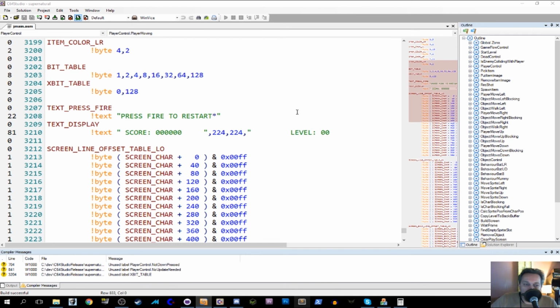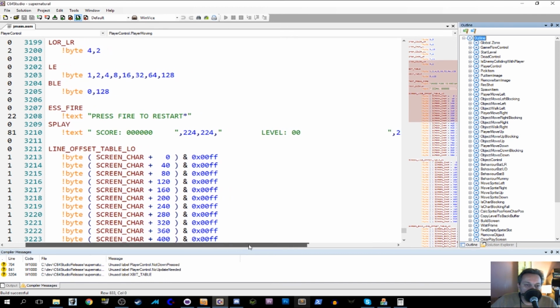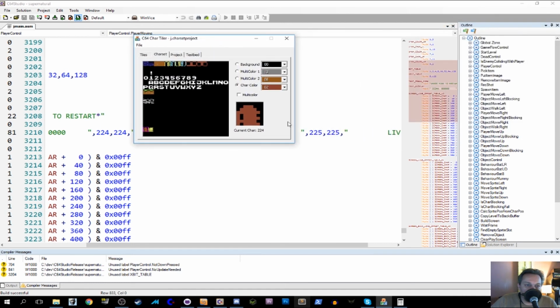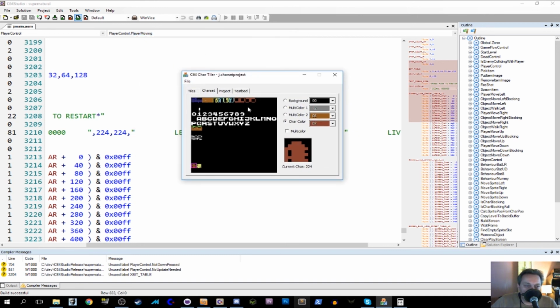Okay, to start off with, you can see the text display. This is the text display that is put on every screen that is drawn, and you can see that there's been an addition of two characters, 224 and 224, and if you scroll a little further, the line below it is 225 and 225. That sounds like bullets to me, and if I go to the character designer, you can see our current character set, and characters 224 and 225 are just the top ends of the bullets and the lower ends of the bullets, and their color determines